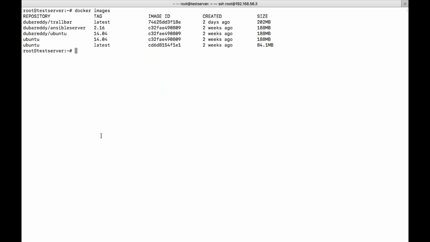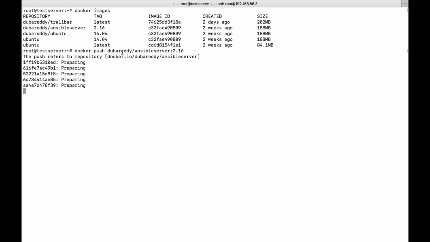So now let's see the images, and I want to push this particular image to my Docker Hub account. So what I will do: docker push, and you need to give the image name, colon 2.16.